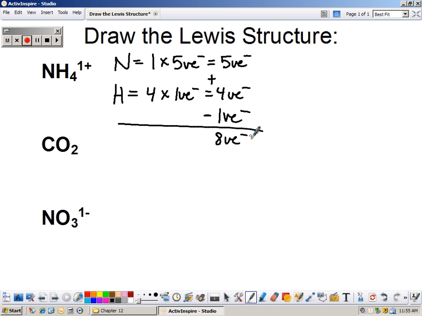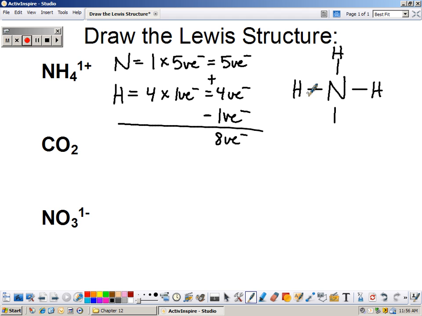Okay, next you have to figure out what your central atom is going to be. For all these examples, they're all binary, so they just have 2 different elements. So it's usually going to be the element on the left, the first element that you see. Otherwise, it'll be the least electronegative element that'll be your central atom, but it'll never be hydrogen. Don't ever make your central atom hydrogen. All right, so we'll put nitrogen in the middle, and then we'll covalently bond the 4 hydrogens to it. So H,